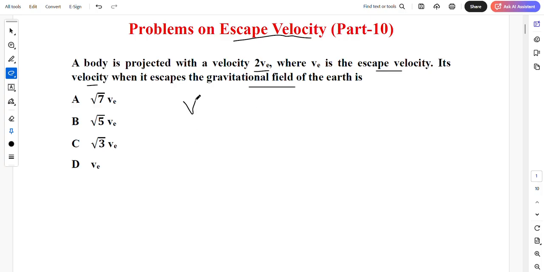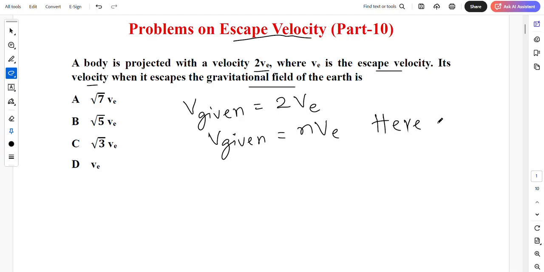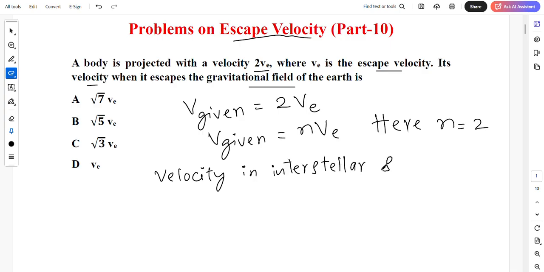Okay. Now let us say the given velocity is v given, that is equal to 2 into ve. Now I can compare this with v given is equal to n into ve. So here n will be how much? Here n is equal to 2. Now you are supposed to calculate the velocity. Okay, when it escapes the gravitational field, we have velocity in interstellar space, which is given by